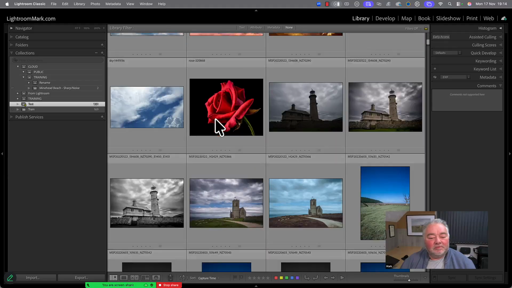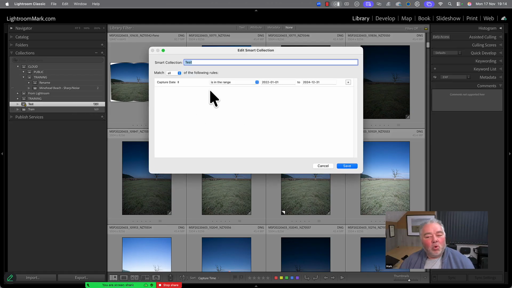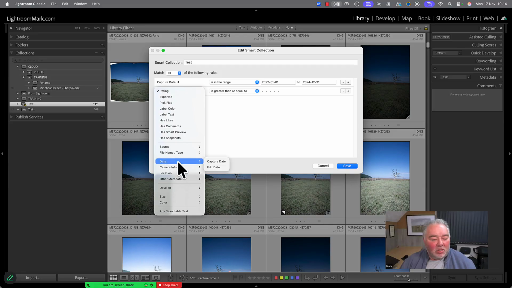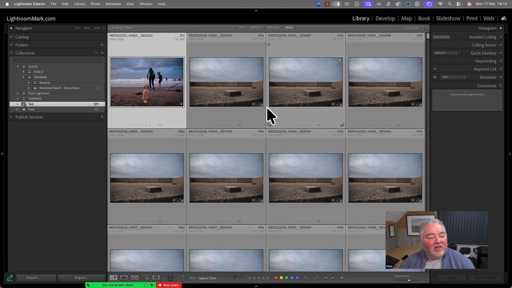1,351 images. Okay, that's how many in this catalogue I took in that date range. But I could add more information by pressing the plus and say, well, what else would I like to search on? I'm looking for an image. Okay, so what was my camera? Camera is or contains the word Nikon. Okay, we've gone now down to